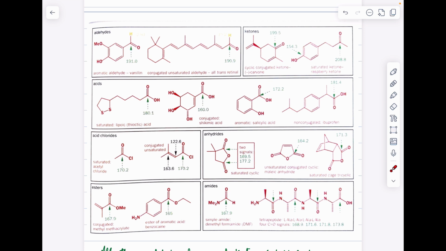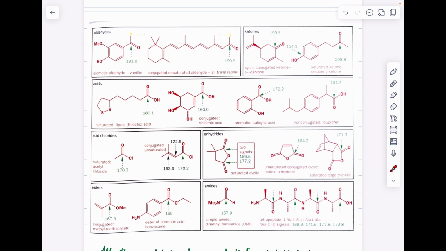And in the case of anhydride, so these two carbonyls will appear at 169 and 177, and in the case of unsaturated conjugated cyclic maleic anhydride, this carbonyl will appear at 164, and in the case of the saturated cage tricyclic compound, this carbonyl will appear at 171, and in the case of esters, this is a conjugated methyl methacrylate, where the C double bond O will come at 167.9, and the ester of aromatic acid, this is benzocaine, where the carbonyl will appear at 165, and in the case of amides,